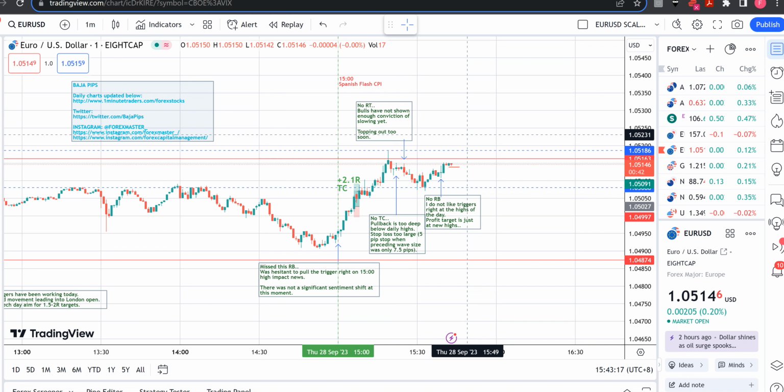Would it bounce from it? Complicated, right? Yep, it would have hit the trailing stop. It would have been out at